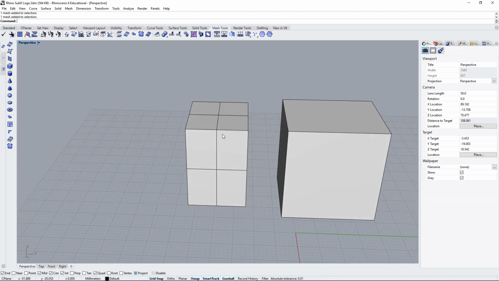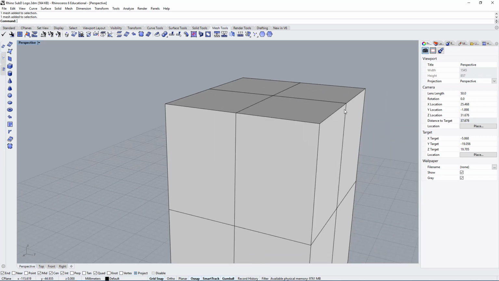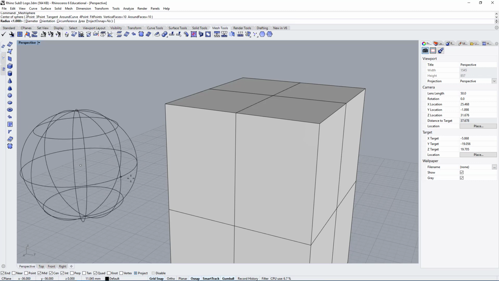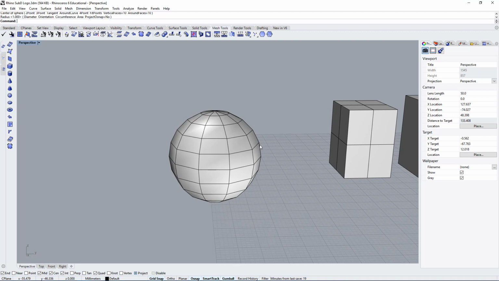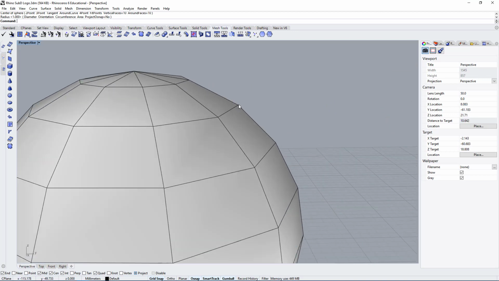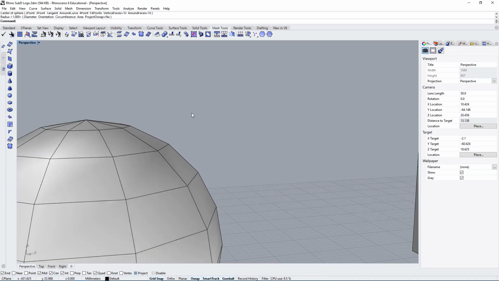One of the differences between surfaces and polygons, or mesh, is that a mesh is flat here, so you could do the same thing with NURBS, but if we have something very organic, like a sphere, the quality of the sphere is defined by the number of facets that we use, so the number of polygonal mesh that we have.